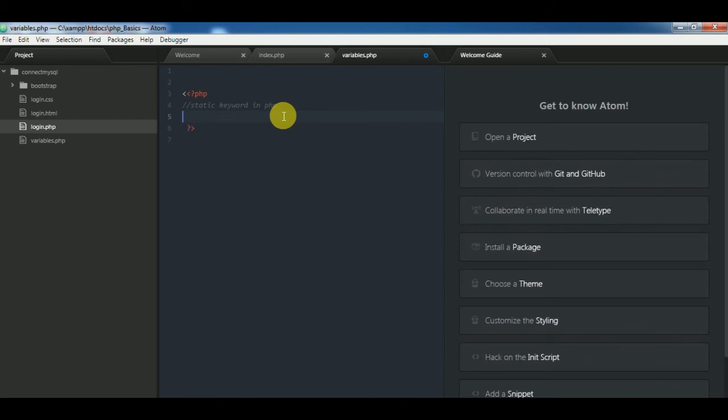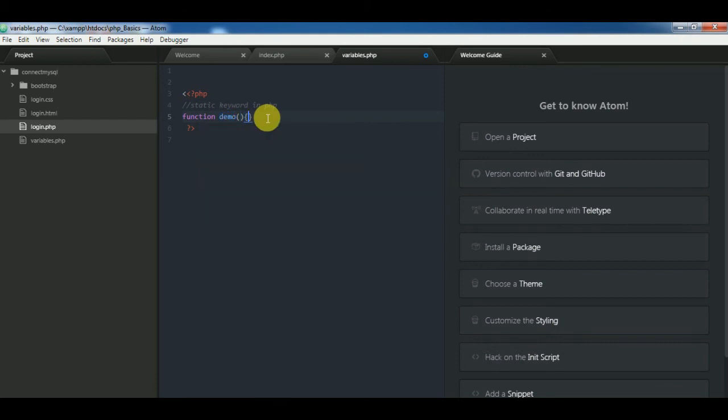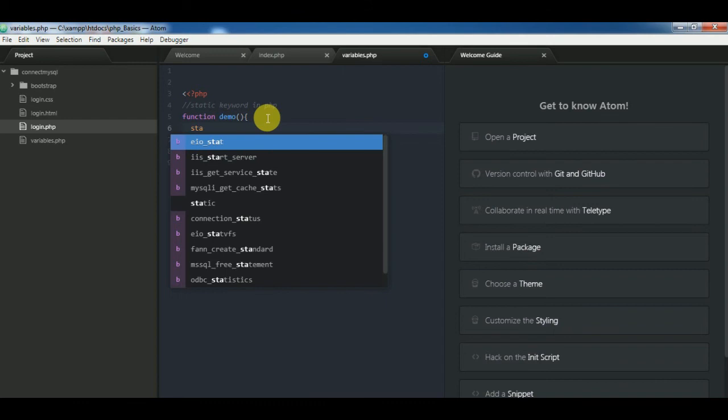However, sometimes we want a local variable not to be deleted. We need it for a further job. To do this, use the static keyword when you first declare a variable. For example, I am here declaring a function. The function name is demo, and we will declare a variable as static inside it,